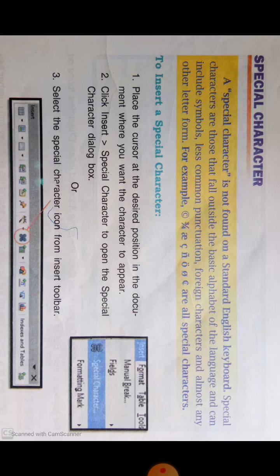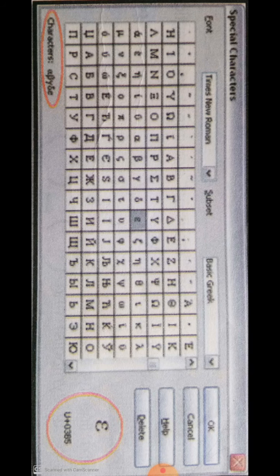Example, you can see in this picture. These types of symbols are called special characters.